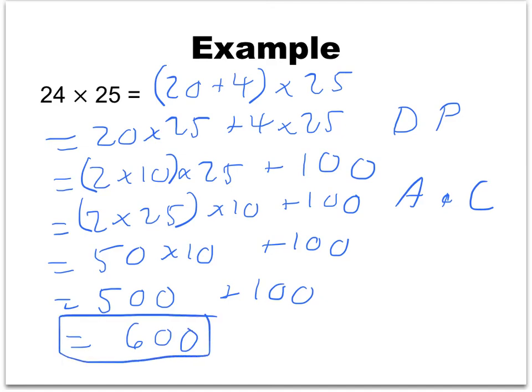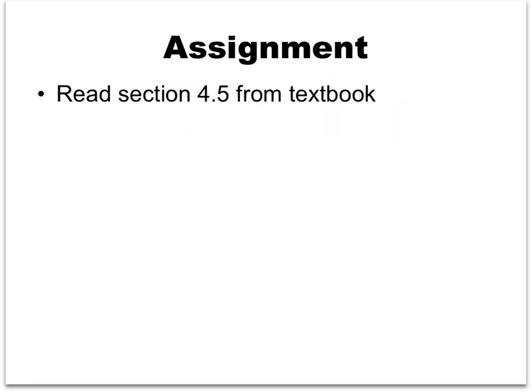So, like in the previous example, we took this rather complicated problem, rewrote one of the numbers, used the distributive property, and then the associative and commutative properties. We were able to rewrite things in terms of arithmetic that we could fairly easily do in our head. So that's it for the section